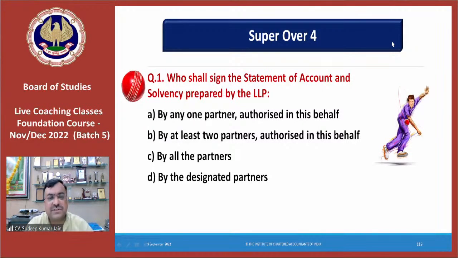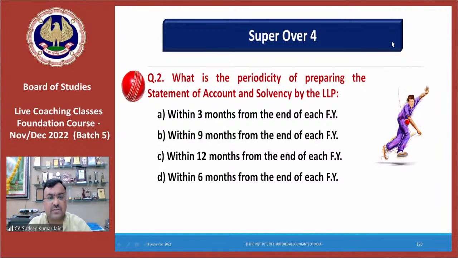Who shall sign the statement of account and solvency prepared? ये हो गया question. Second question, what is the periodicity of preparing the statement of account and solvency by LLP? Within 3 months from the end of each financial year, within 9 months from the end of each financial year, within 12 months from the end of each financial year, within 6 months from the end of each financial year. आंसर एक बार में भेजने हैं बच्चों मेरे।